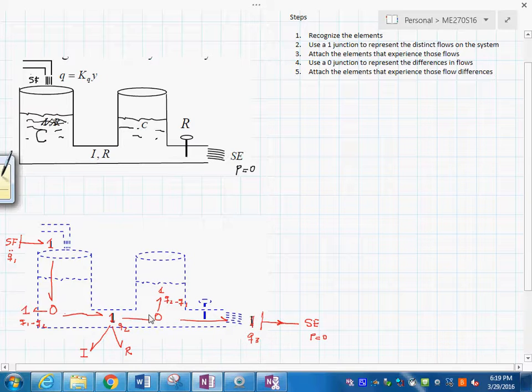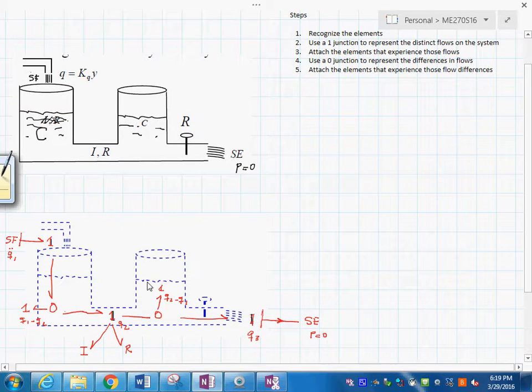See? So in doing this and drawing it on the bond on the system itself, I think that you can see a one-to-one correspondence between the elements on the system, the different elements on the system, and the actual